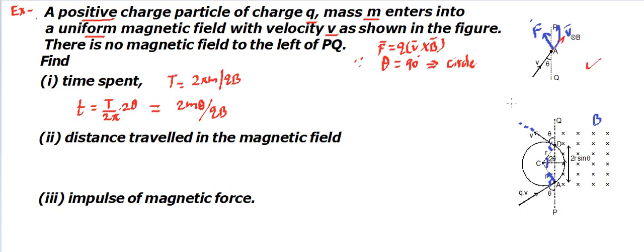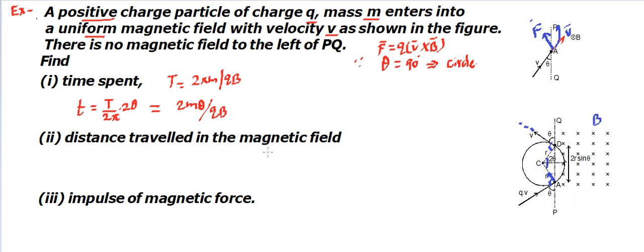So how have we got this answer? Because we know the total time for one revolution is this. So for 2 theta angle, how much is it going to be? So we can use the proportionality relationship. Now we can go for question number 2, which says distance